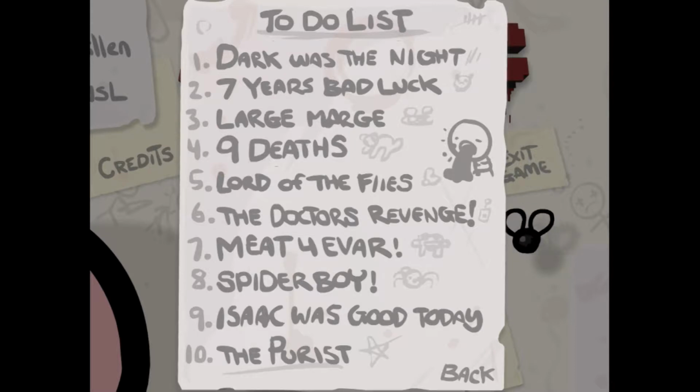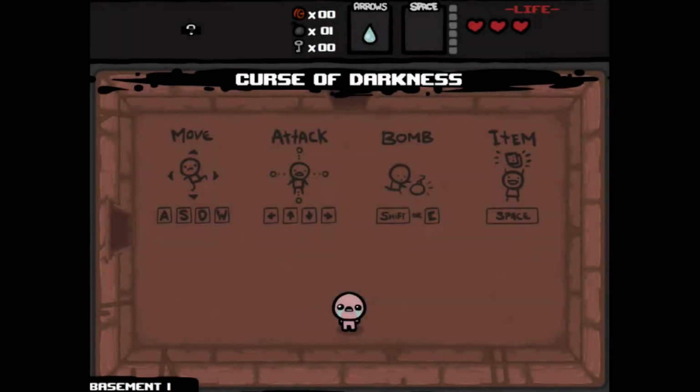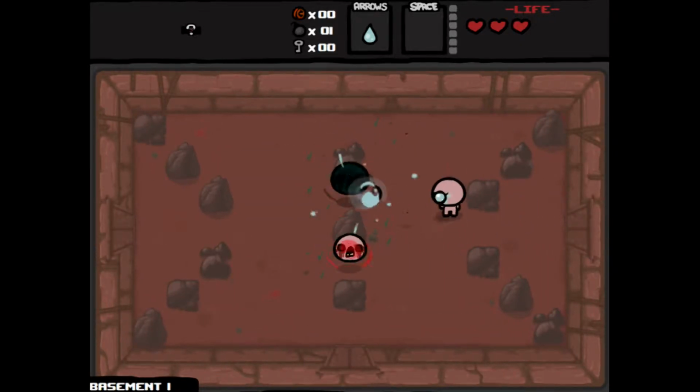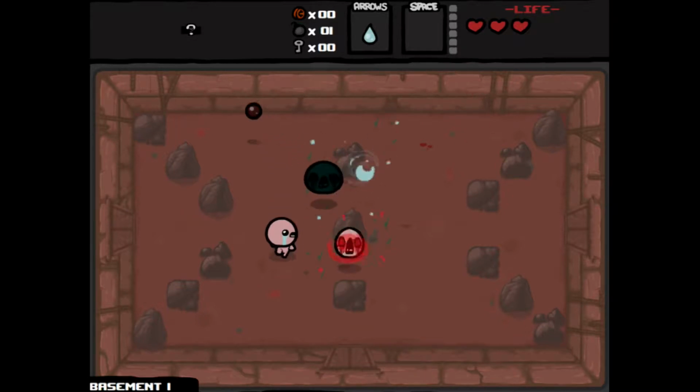items that we can find. So I'm just going to start at the top, and it'll become pretty obvious why they are what they are. Dark 'twas the night. Well, we have the Curse of Darkness on the first floor. I wonder why. Now, you will notice that even though we have unlocked the D6 and are playing as Isaac,